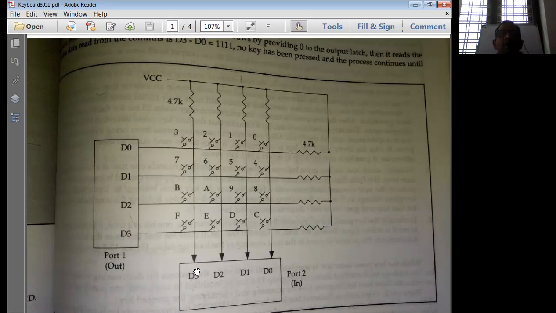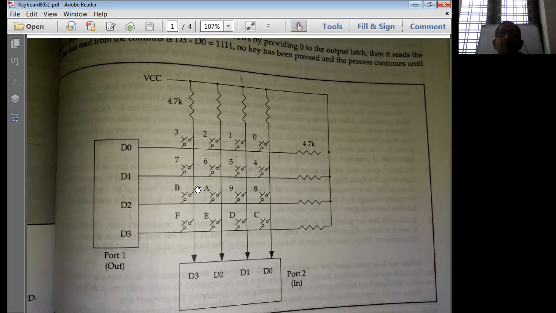That means the entire column becomes 0 whenever a particular key on it is pressed. So we should first scan each and every column, and then scan with respect to the number of rows. Initially we make each and every row 0.